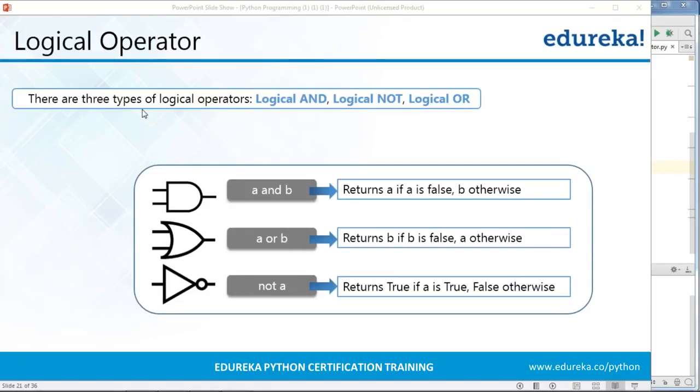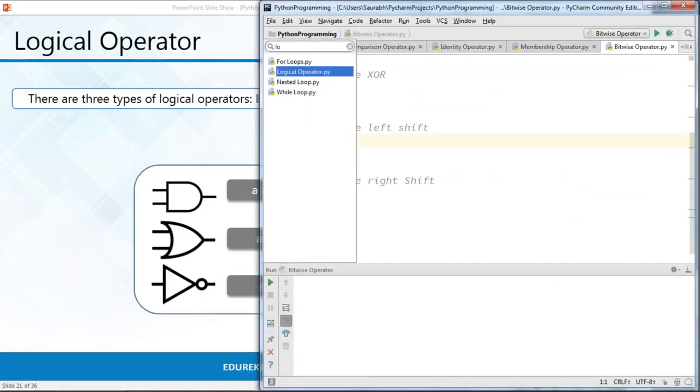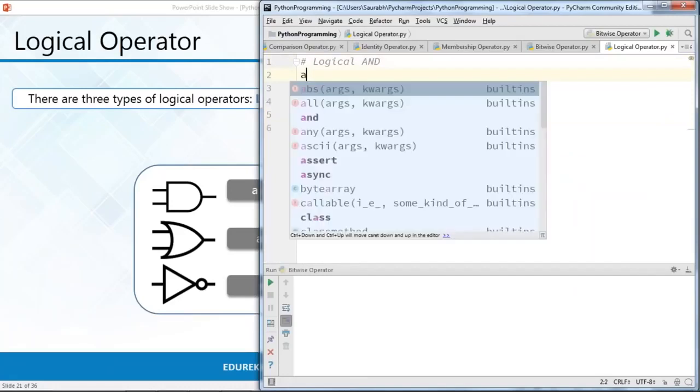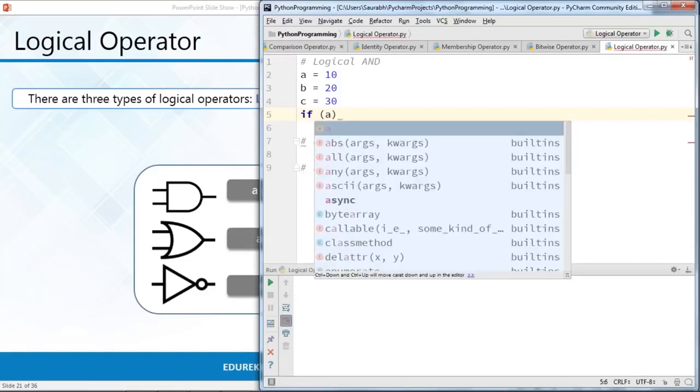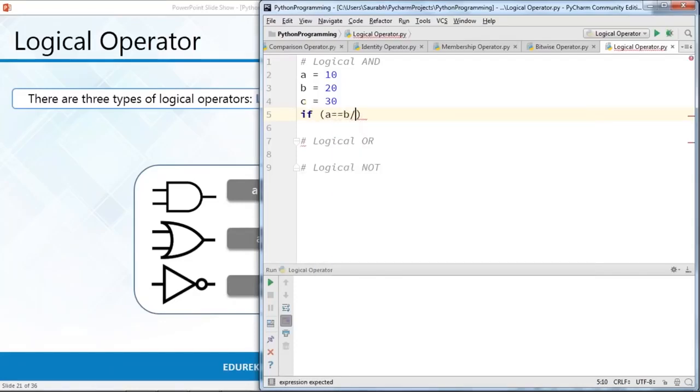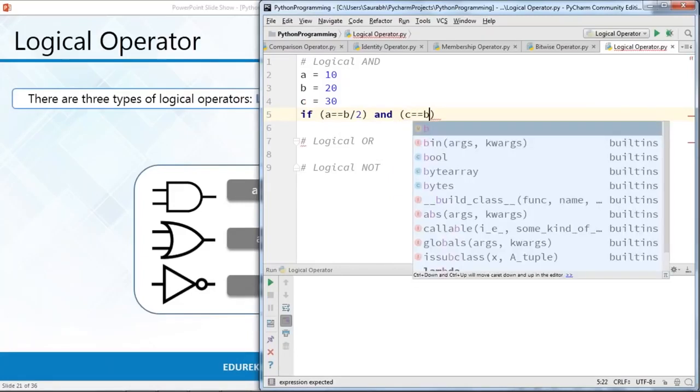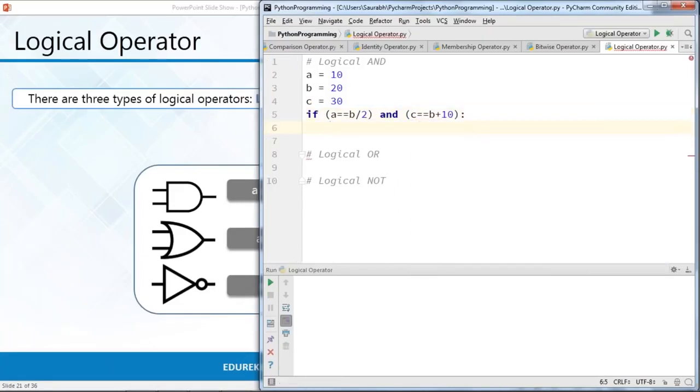So let me show you how to do this practically. I'll again go back to my PyCharm. I'm going to define a variable A and assign a value, say 10. Now one more variable B, and I'm going to assign a value, say 20. Now the third variable C, I'll assign a value, say 30. Now I'm going to use the if statement. For that I'll type if A is equal to B by 2 and C is equal to B plus 10, colon, print